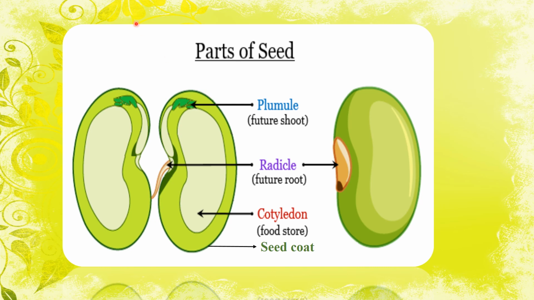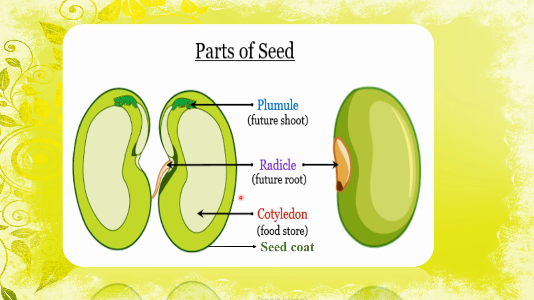So let us study the different parts of a seed. Inside the seed, embryo is present. Embryo is the baby plant that will turn into a seedling or the young plant when it gets the right conditions for growth. And also there is a lot of stored food material in it. This stored food is known as cotyledon. They are also known as seed leaves. They store food for the growing embryo till it puts out new leaves.